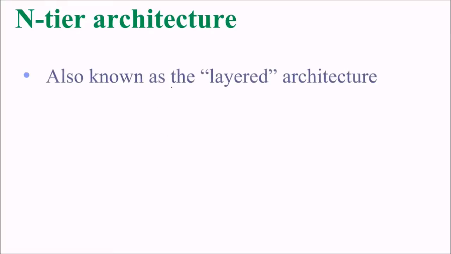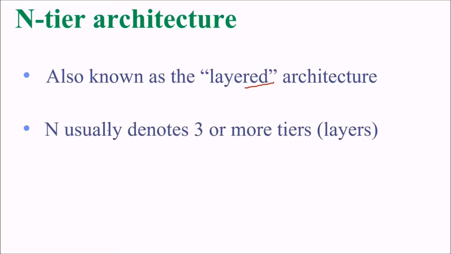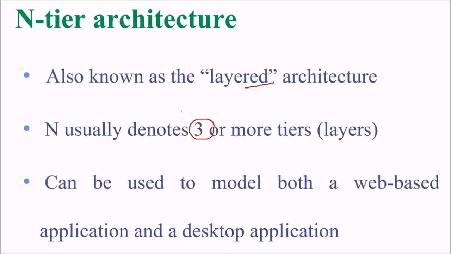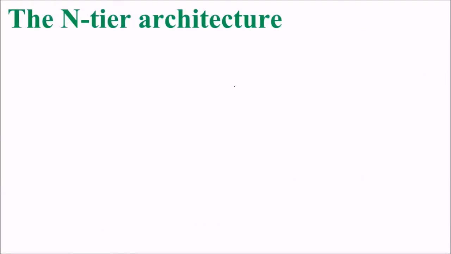And the n-tier architecture, of course, is also known as the layered architecture. N usually means 3 or more tiers. This can be used to model both a web-based application and a desktop application. In n-tier architecture,